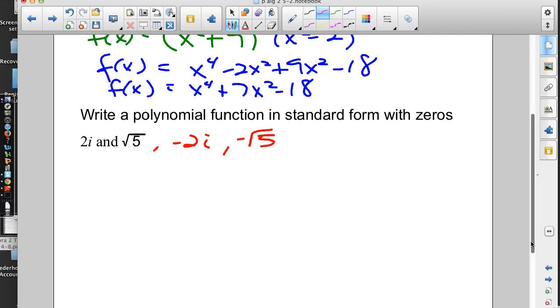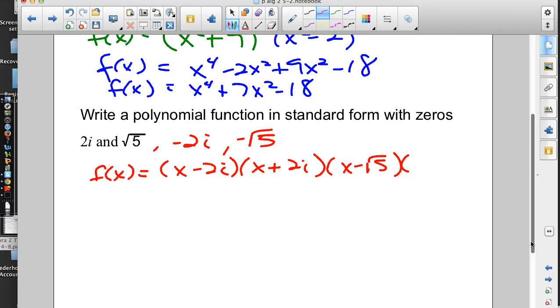And now we know there's 4, and this better be a quartic when we're done. So f of x equals x minus 2i, x plus 2i, x minus the square root of 5, and x plus the square root of 5. Ooh, scary. But not if you group it right. How are we going to group it? Put the two imaginaries together, put the two radicals together. Makes our life much easier. Imaginaries,